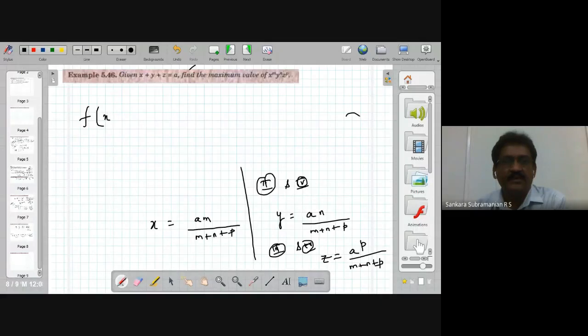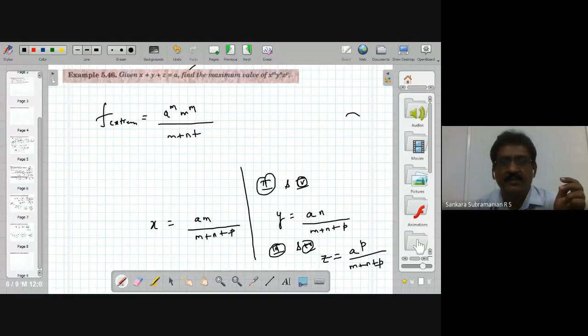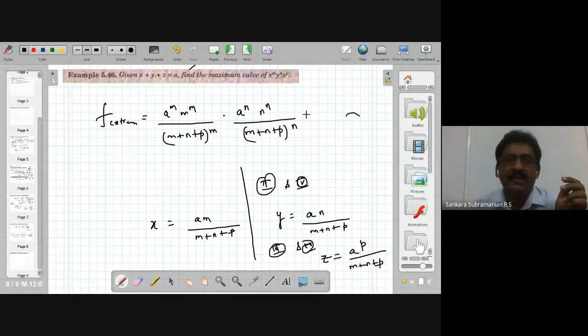f of x, y, z, right? So here you have f extreme equal to x to the power m. So a to the power m, whole power m, by m plus n plus p, whole power m, into y power n, a power n, whole power n, by m plus n plus p, whole power n, into the last one is